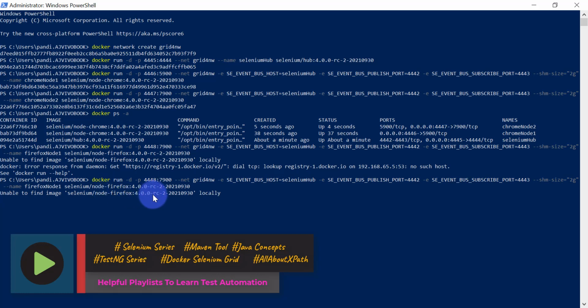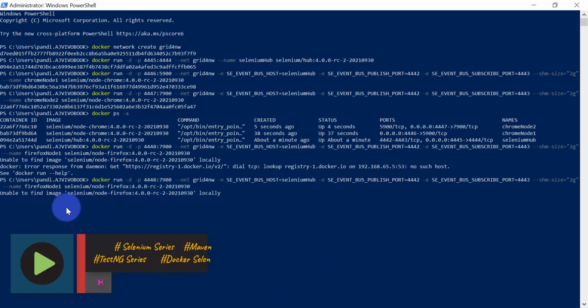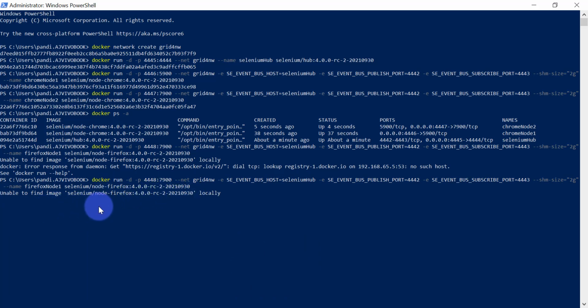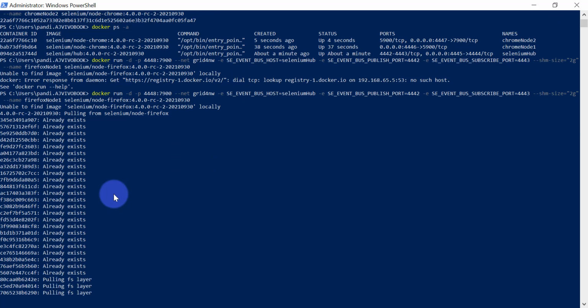Okay, so it could not find this image locally, so it will go and check on the Docker hub with this tag 4.0.0, and this is the image selenium/node-firefox. It will take some time, so I will just pause the video until it gets completed.